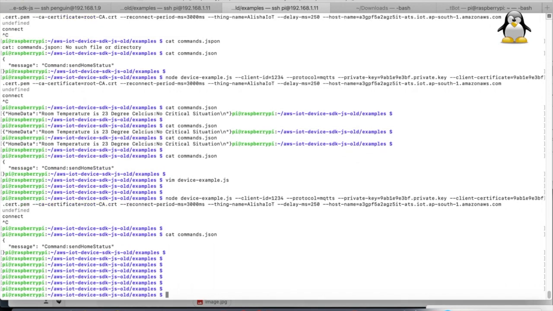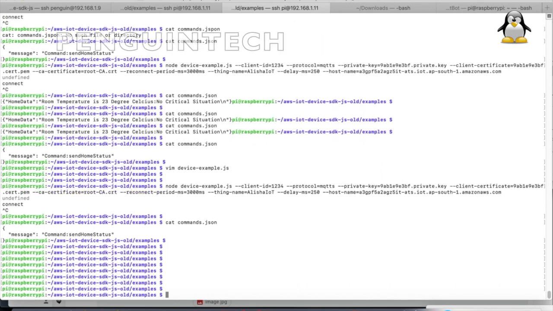In this video, I'll show you how to send commands from the AWS IoT console and then execute them on an IoT device. There is a publisher-subscriber concept using MQTT. First, what I have done is...